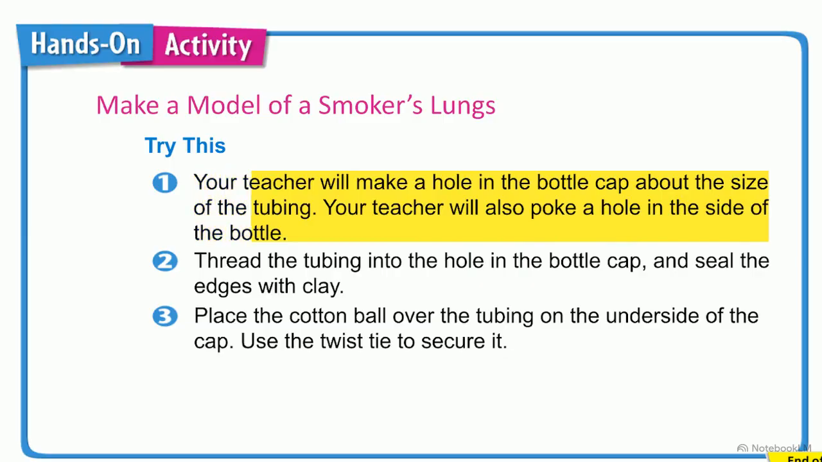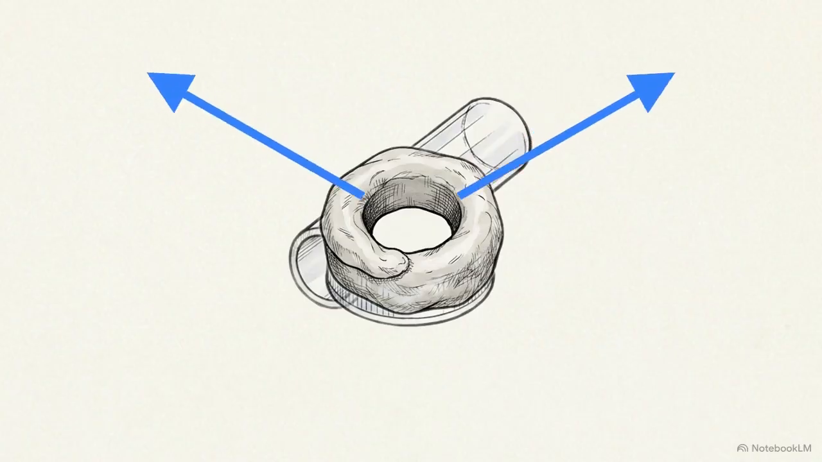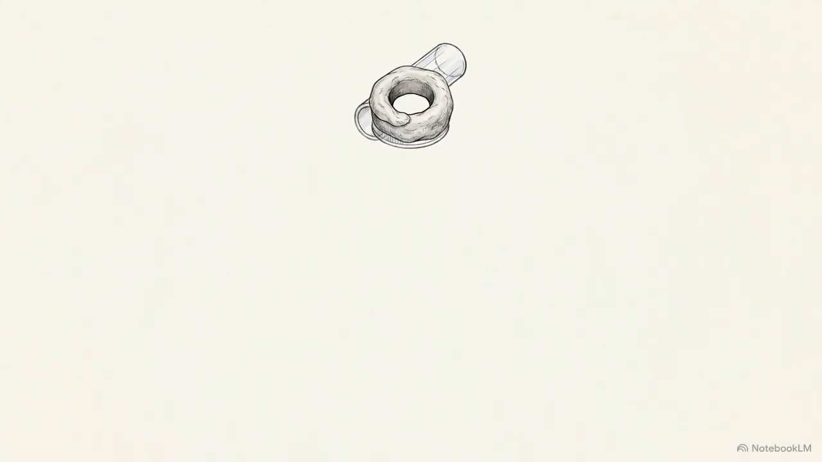After the holes are ready, thread your plastic tubing through the opening in the bottle cap. Use your modeling clay to wrap the base of the tubing, sealing the edges against the cap. The seal must be airtight. If air can bypass the tube, the bottle will be unable to generate the vacuum pressure needed to draw smoke